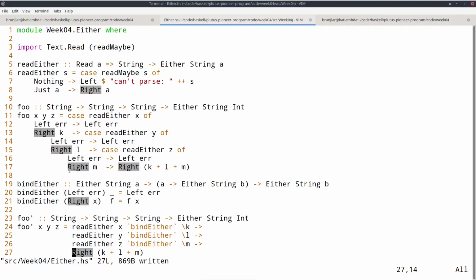And the same I said before is again true. By introducing this little combinator, I abstract the pattern away that we repetitively used here, and the business logic becomes much clearer. And the code, incidentally, is very similar to what we had for maybe. It's almost the same, except that instead of bindMaybe, I'm now using bindEither. Instead of readMaybe, I'm now using readEither.